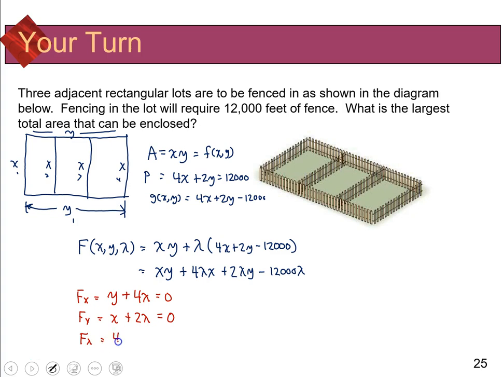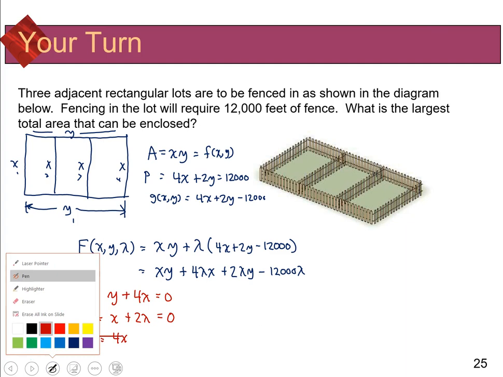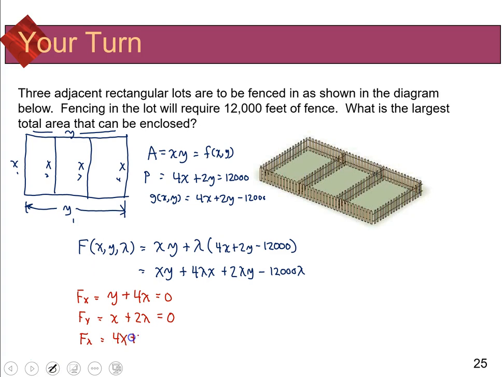So I'm going to have 4x plus 2y minus 12,000 equal to 0. Again, I could solve these both for x and y, and solve these both for lambda, but in actuality, I think it's easier if I just say, okay, well, y is going to be a negative 4 lambda, x is going to be a negative 2 lambda,